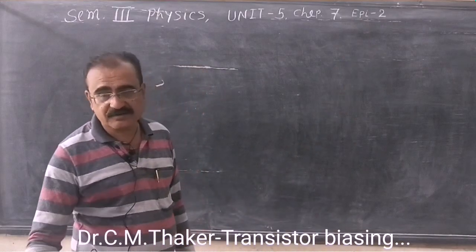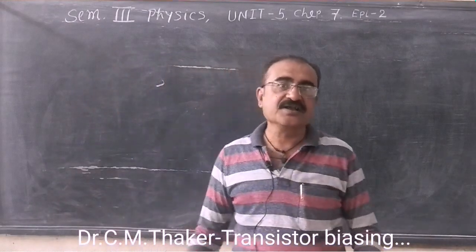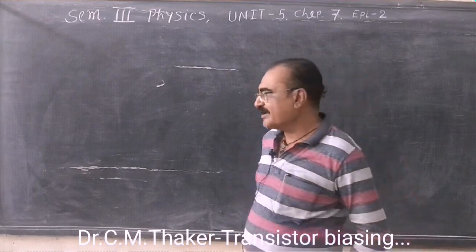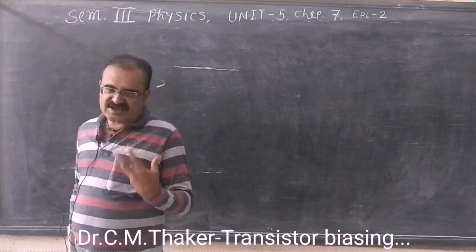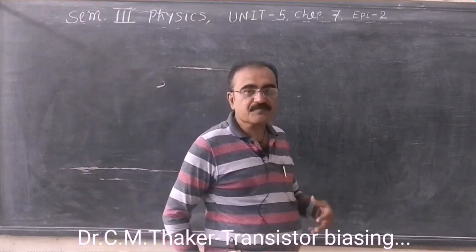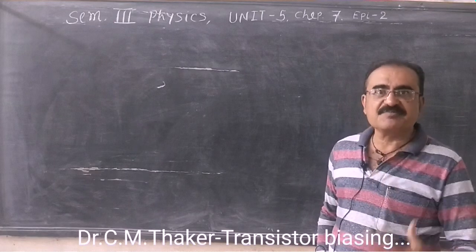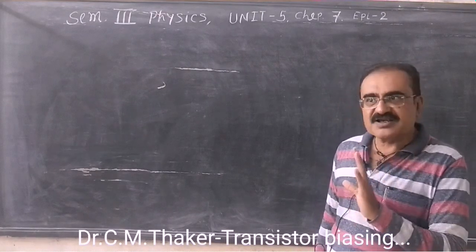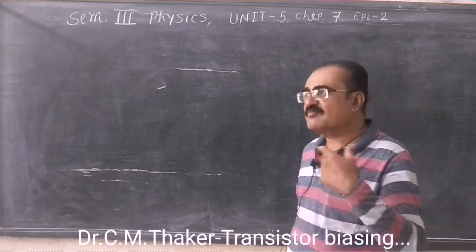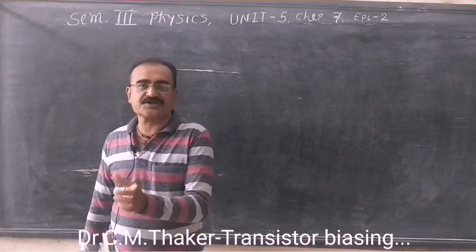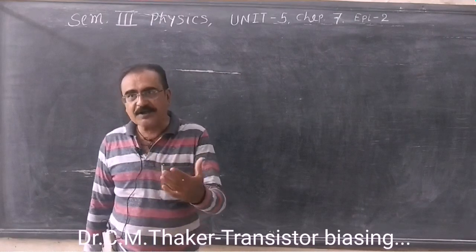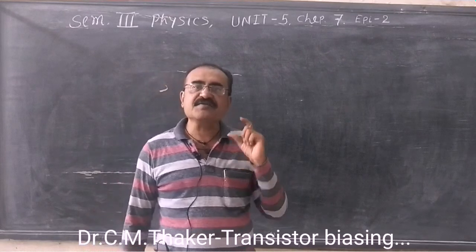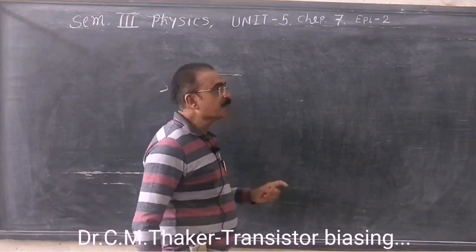Episode second: why stability is required for the transistor, or you can say why transistor biasing is needed, we already studied. Now let us see what stability is and how we can measure it. Stability can be measured in two ways. One is thermal runaway, which is not covered in your syllabus, and the second way to know the stability is the stability equation. The stability equation, that is